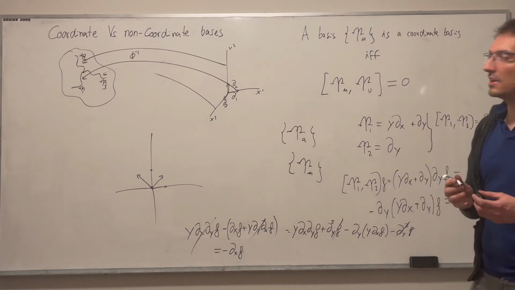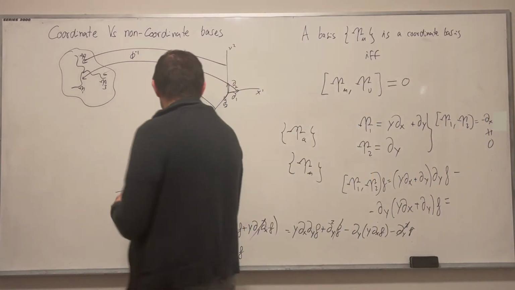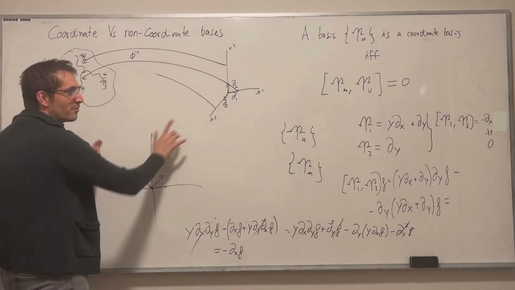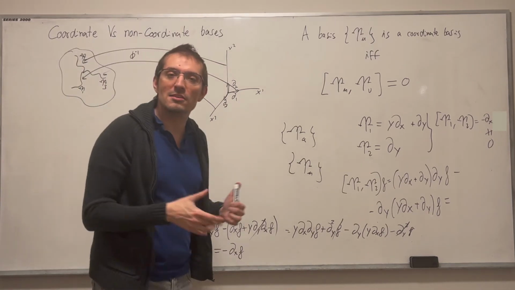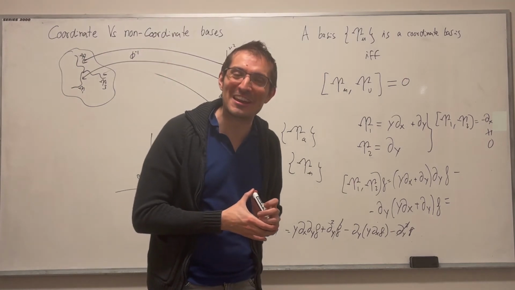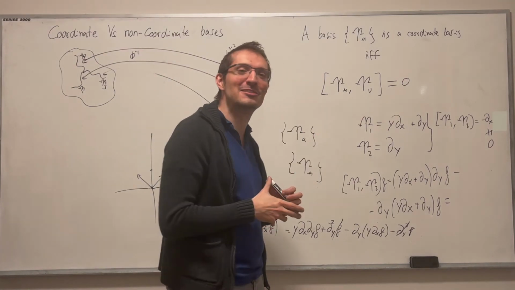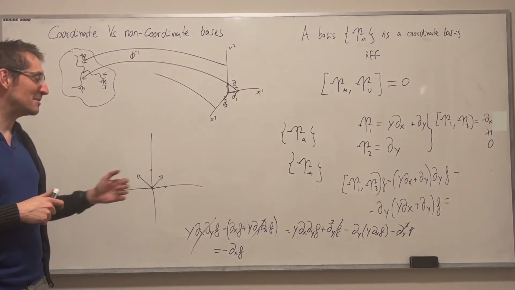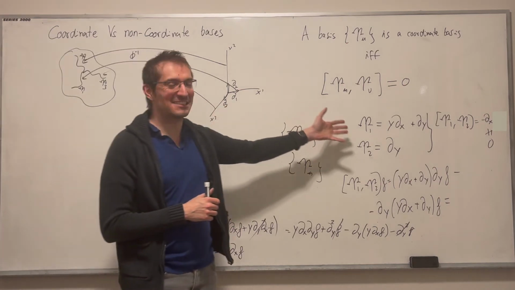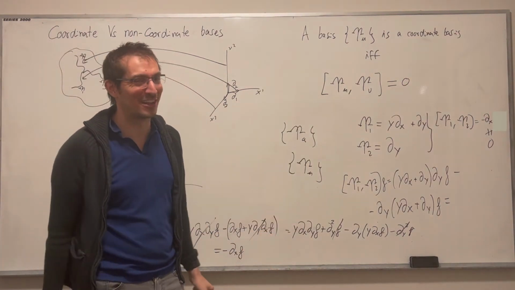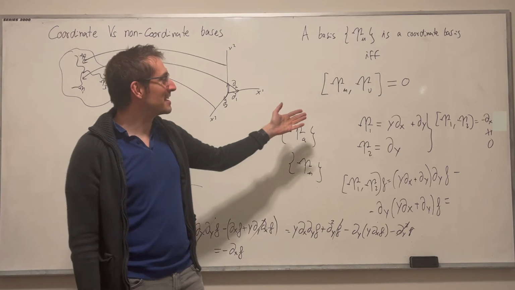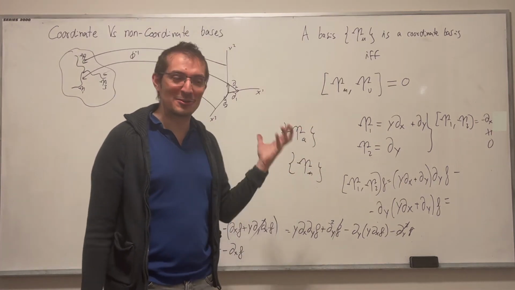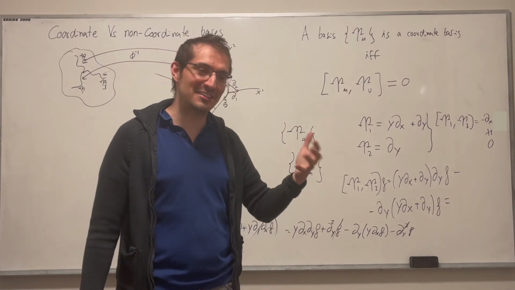Therefore this is not a coordinate basis, even though it is a basis. It changes with the point, right? The two elements of the basis change as I move through the manifold, but that's okay. That's what happens with your spherical coordinates, right? The direction of the vectors of the basis is changing depending on the point you are. That's okay, that's a basis. It so happens to be not a coordinate basis here. We will discuss more about spherical coordinates, don't worry. But you see, this is an example of a non-coordinate basis. I hope that's understood, and now that we've understood the notion of vectors and one-forms well, and changes of basis,